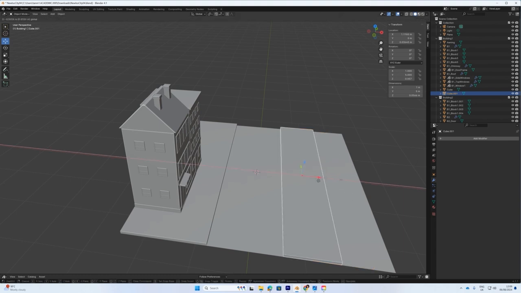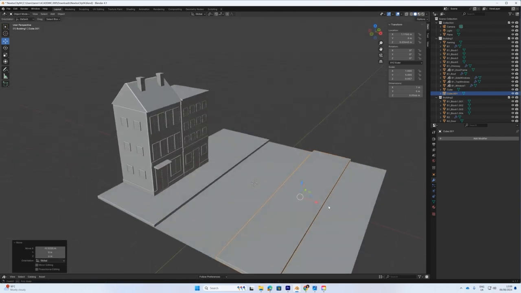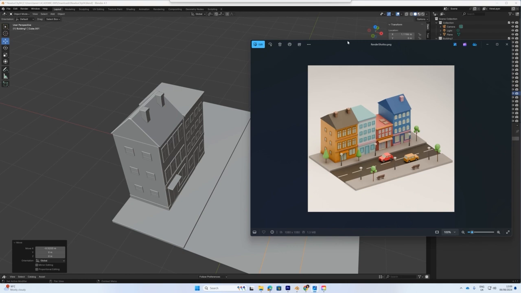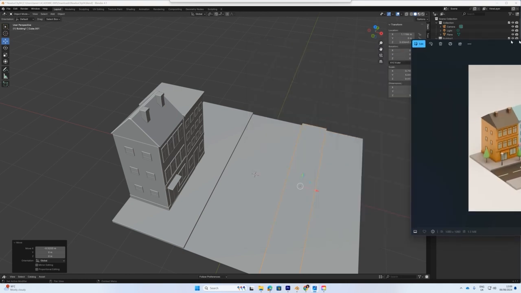And I'll bring it down here. Something like that. Maybe 0.7. I don't want to bring a lot of attention on this side of the road. I just want a couple of benches, a couple of trees. Yeah, so